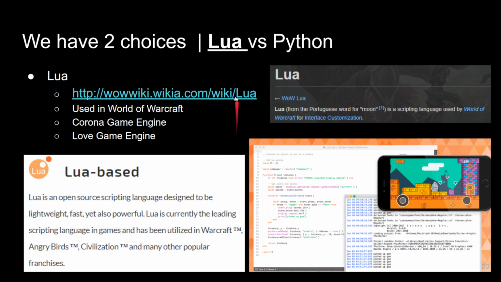I'd say the two most popular, again, are Lua and Python. Lua is used in World of Warcraft and various game engines. They're all sort of Lua based. So you write the code in Lua, but they're really just calling into C++ libraries to do the heavyweight lifting. A big game like this needs to be written in C++ in order for you to get good performance.